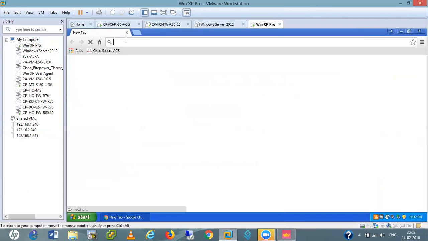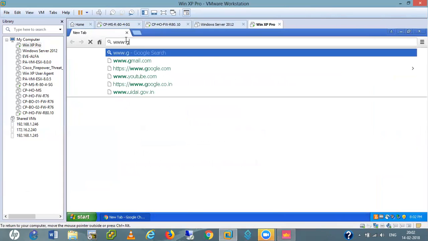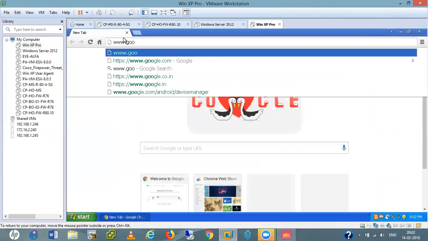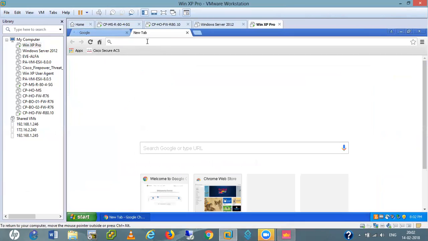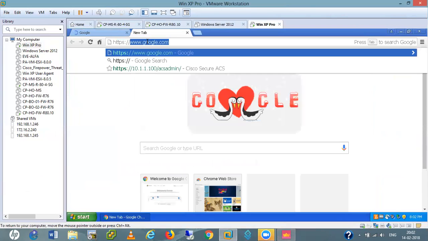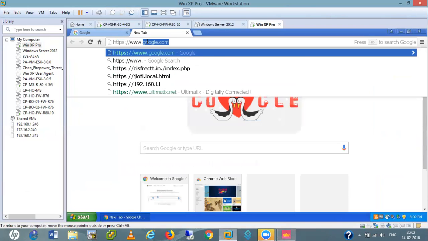Now if I try to open www.google also, HTTPS, www.amazon.com.